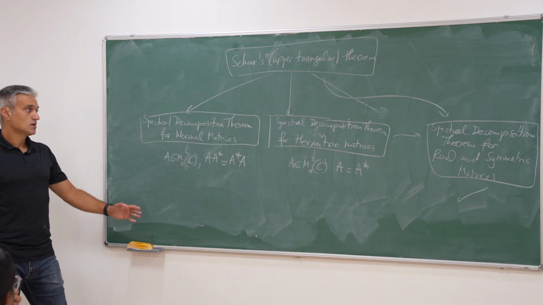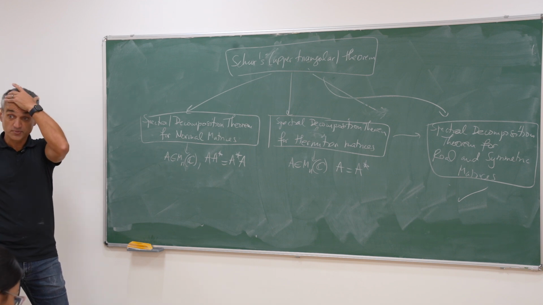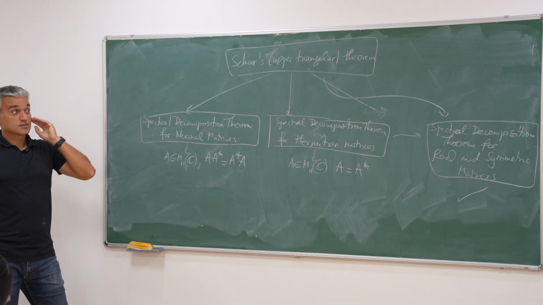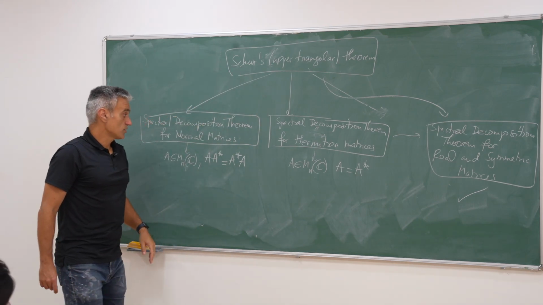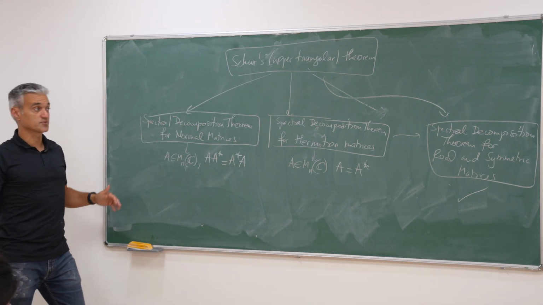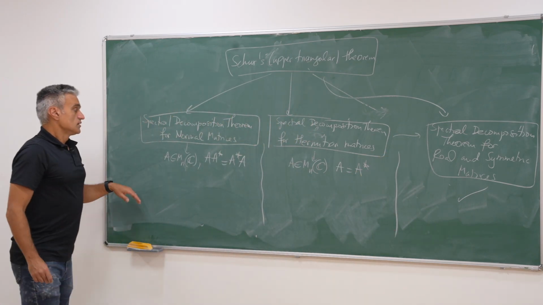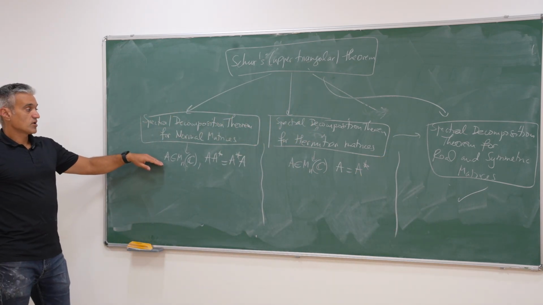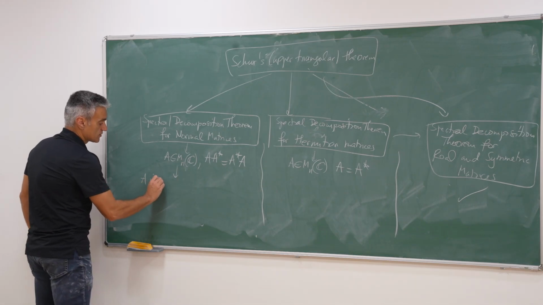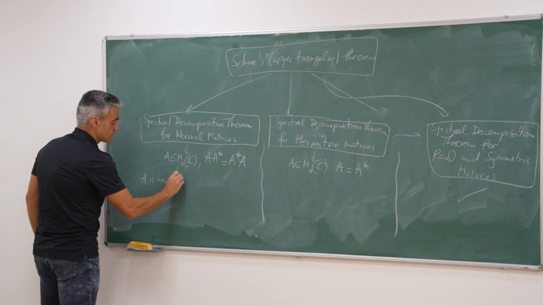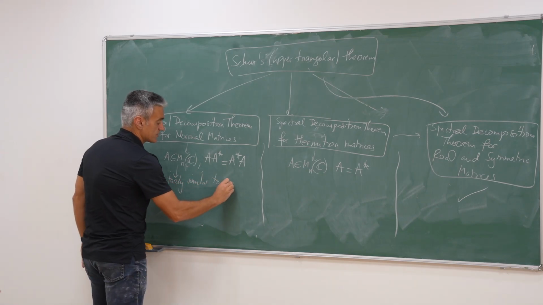Okay. So you've probably done this in linear algebra. I don't know what books you used. But again, this theorem implies these theorems. Now, what's the statement for each of them? So the statement here is if you have a normal matrix, then A is unitarily similar to a diagonal matrix,